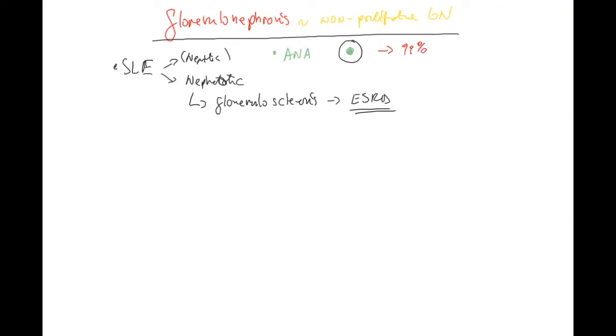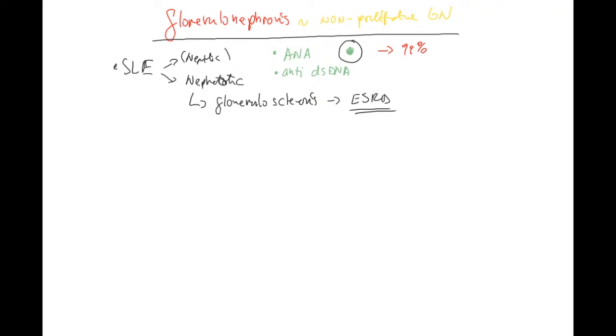And the other one is anti-double-stranded DNA. So against double-stranded DNA, it's not so high a percentage. I don't know, 70 maybe, I'm guessing now, but if you have both of these antibodies and a butterfly rash on your face, it's SLE. And if you're losing proteins, it's the nephrotic SLE. Okay. But with SLE especially, although you are pretty sure with the diagnosis, you're going to do a biopsy because of the treatment.